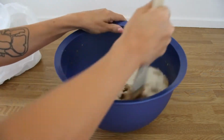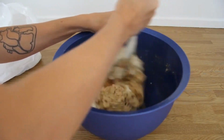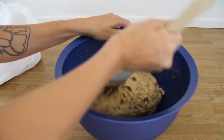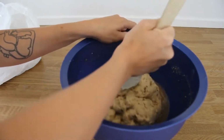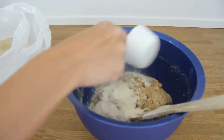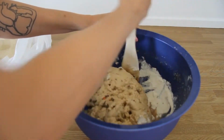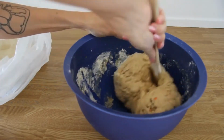And now it's starting to become really tough. And I add a little as I go along. So now I just added 1 deciliter or 2 of the seitan flour, but I definitely need some more seitan flour here. And you can see the actual liquid in the bottom of the bowl, and I'm going to add even more seitan flour. And it's always best to do it piece by piece,